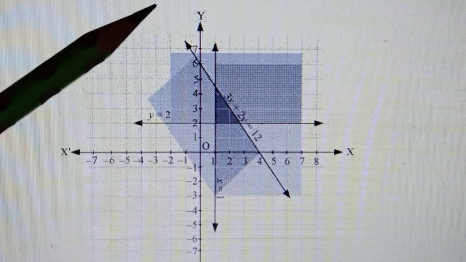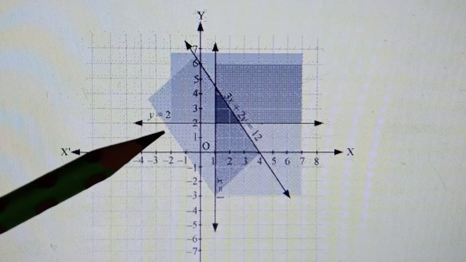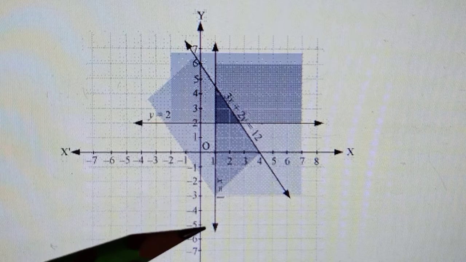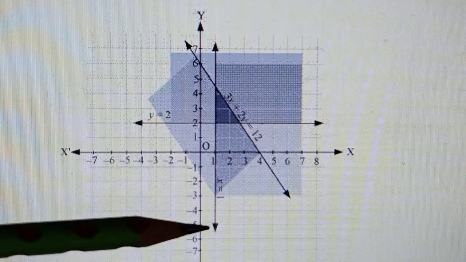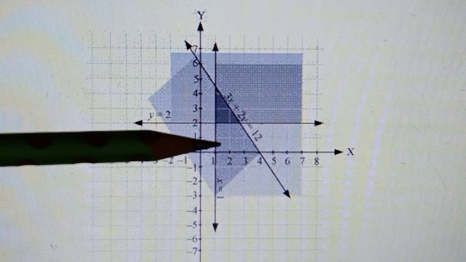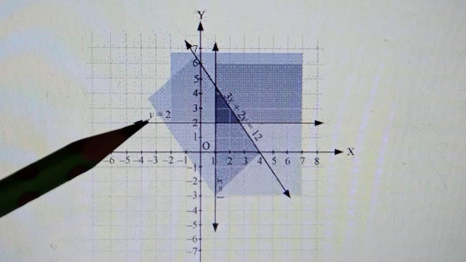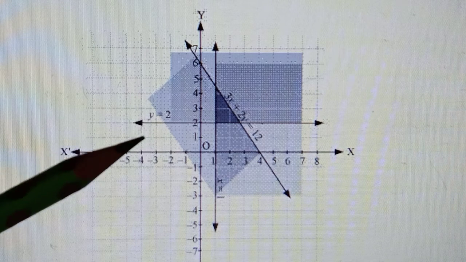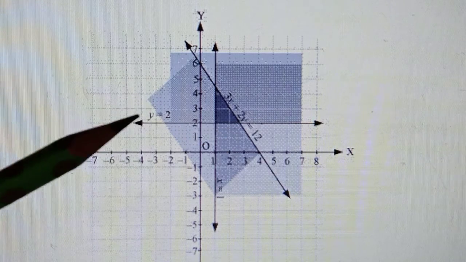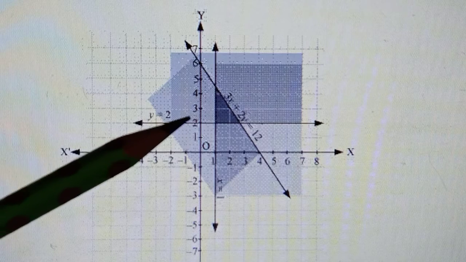So that's your line. For the second inequality, if you convert it to a line, say x is equal to 1. So we know x is equal to 1. What kind of line is it? It is a line parallel to the y-axis, passing through x is equal to 1. That is my second line. Then next was y is equal to 2, which gives me a line parallel to the x-axis, passing through y is equal to 2. All that is actually a revision of class 9's theory that you have studied.